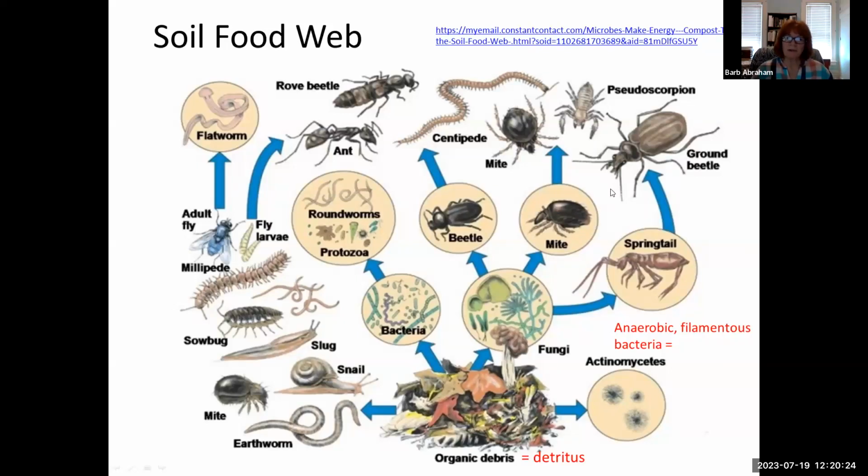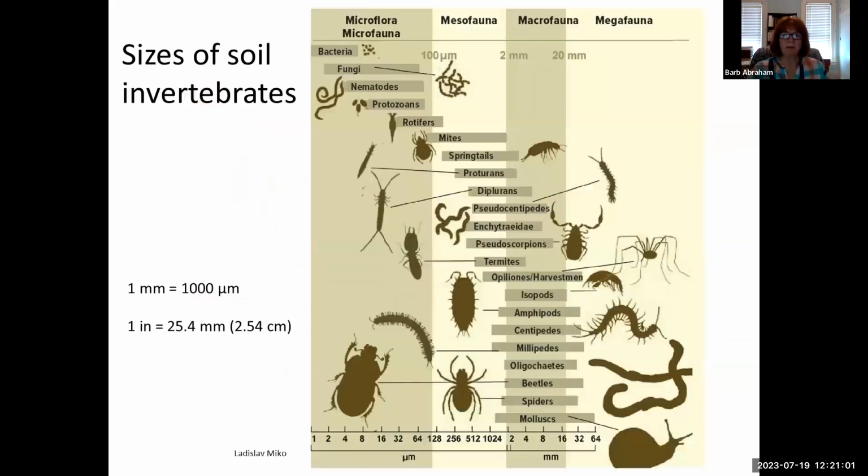Ground beetles are predators. But remember that there are so many insects that they occur at the herbivore and the carnivore levels. And also then you have organisms called omnivores that feed from both the green plants and the other animal layers. So, and we'll talk more about springtails as well. So this is very complicated. And what I'm going to start talking about now then is these different organisms. We've talked a little bit about them. Some of this will be a repeat, some of it may be new.